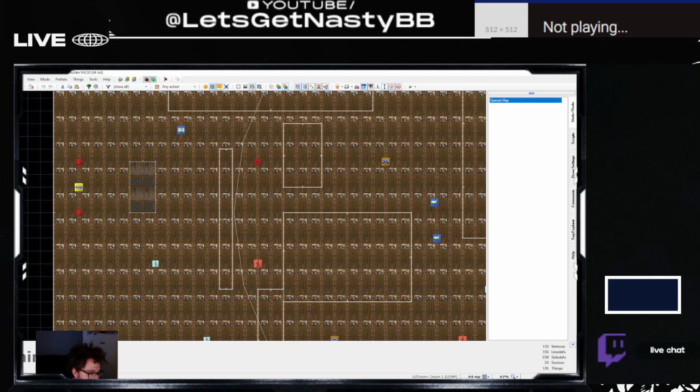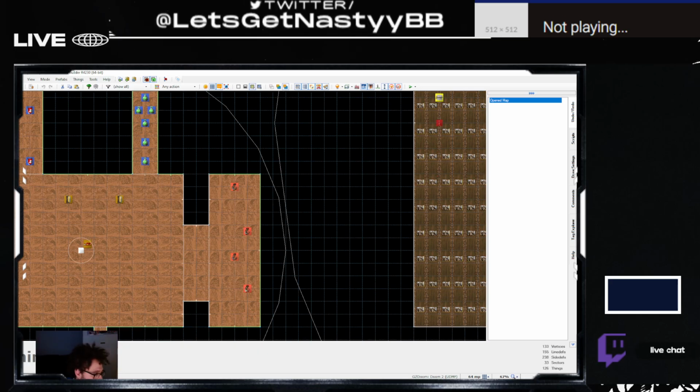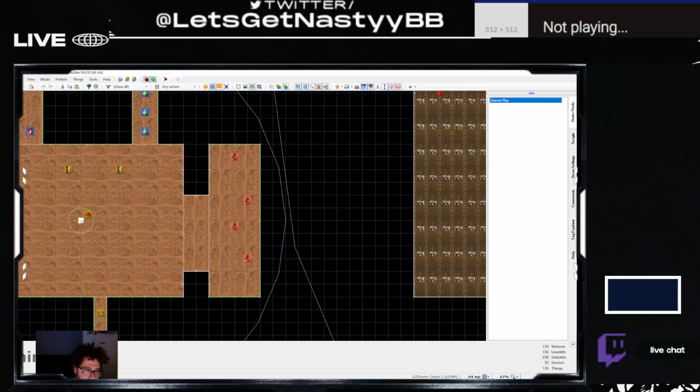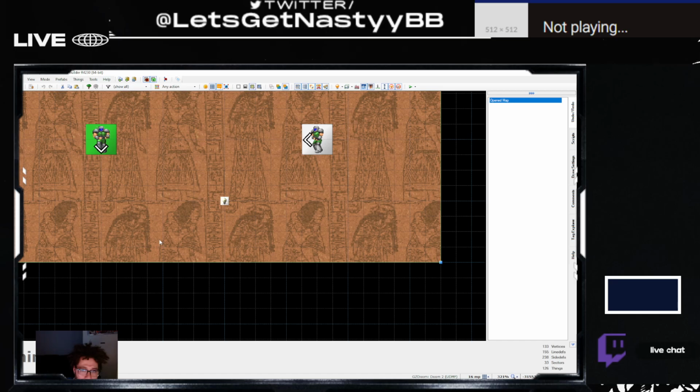So we got the cool door in the first area, controlling enemies in the first area. This will pop up again. The deception, the secrets. And then there was one final thing that I couldn't do,